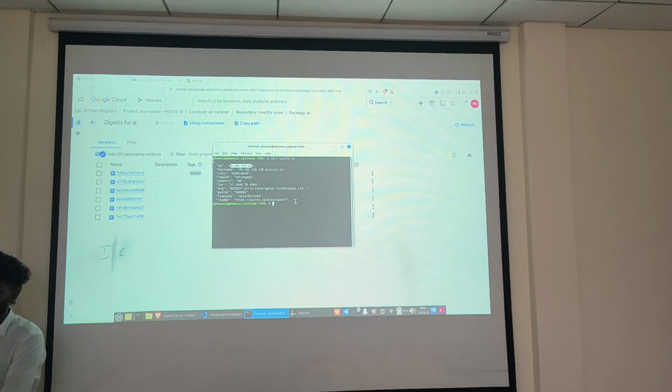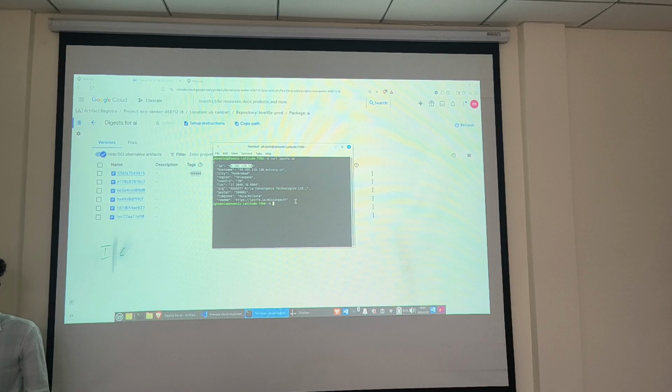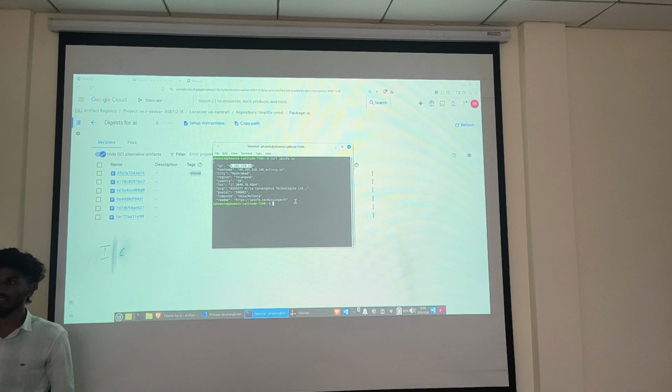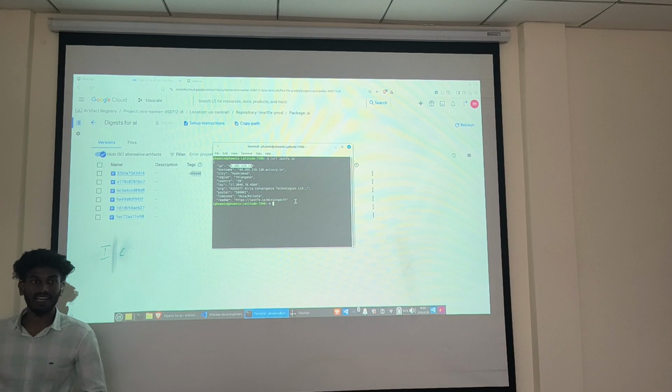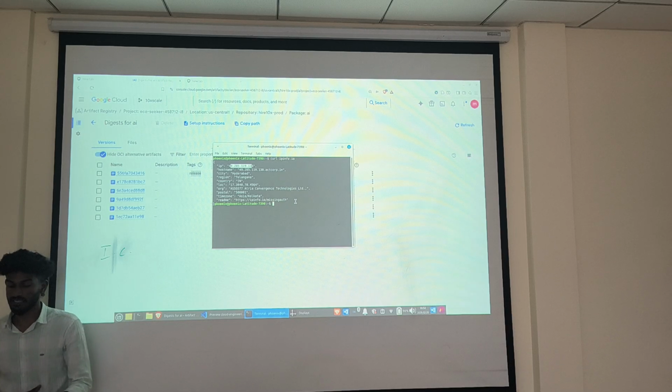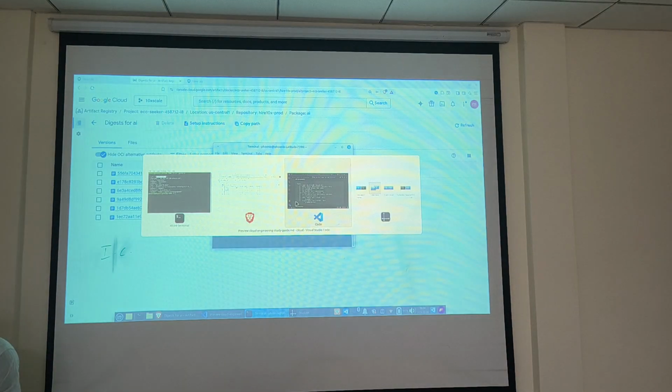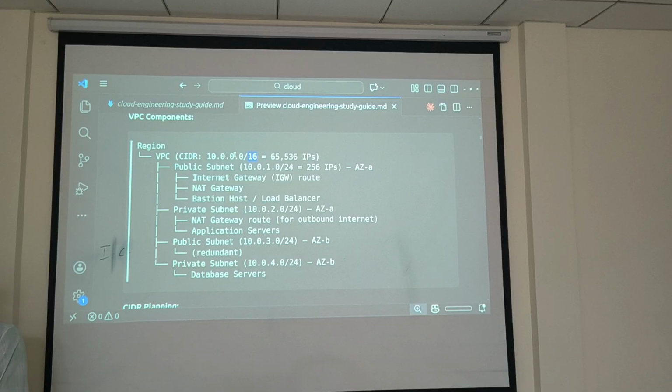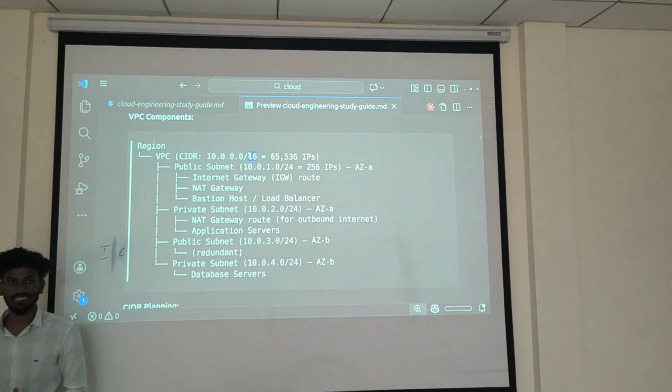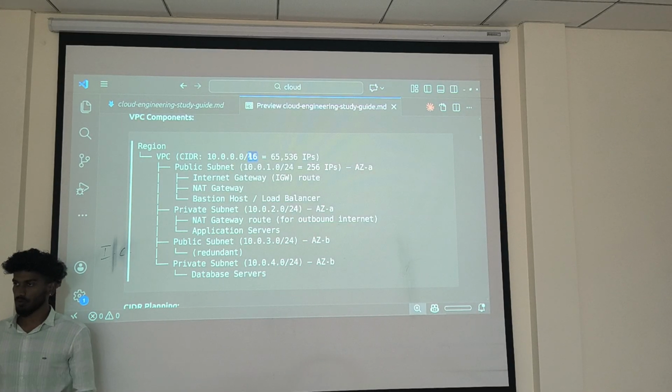I showed a few virtual machines, right? If I want to access any one of them without adding my IP, I can't access it. So, back to the concept: while adding my IP to my VPC, which is the rule management, I have to keep this CIDR. CIDR is nothing but the range of IPs that are allowed.